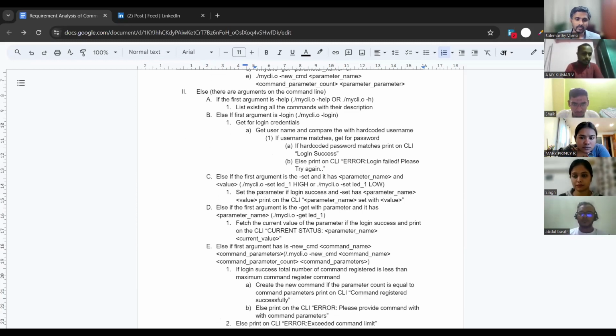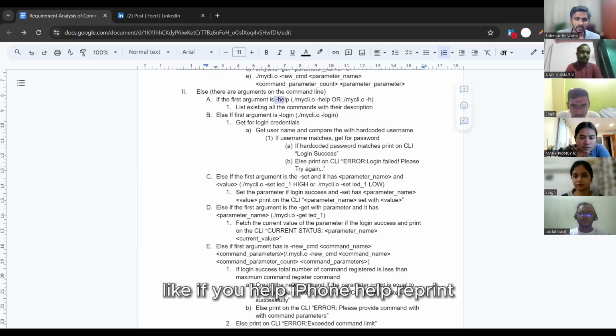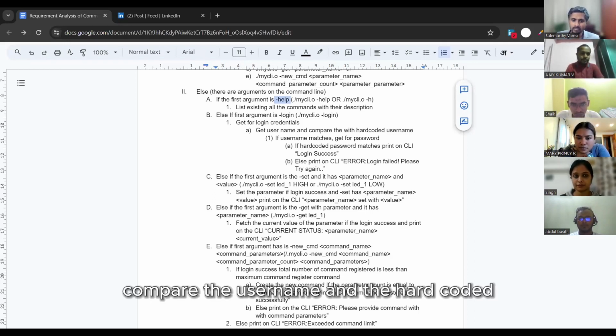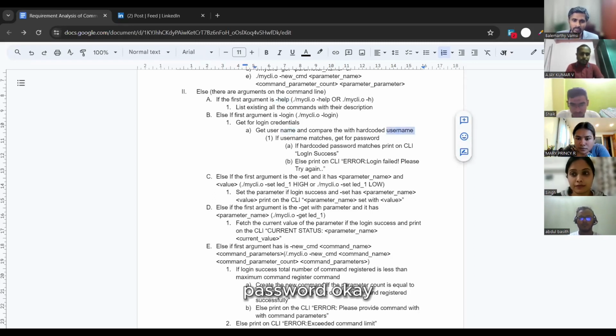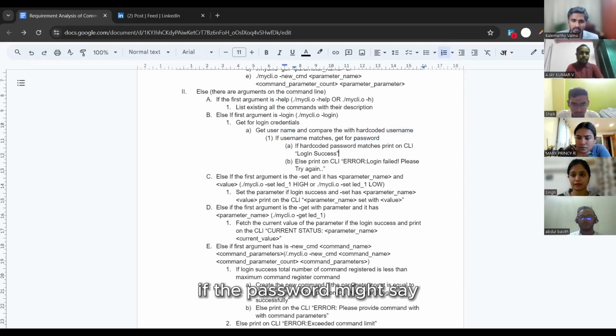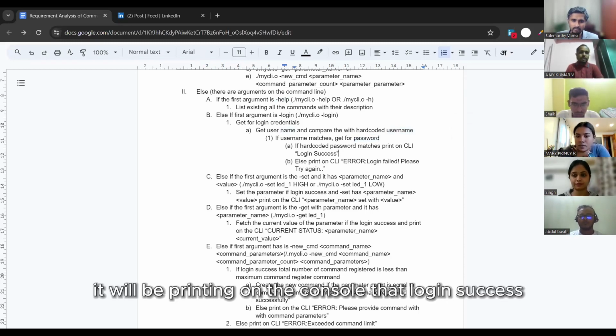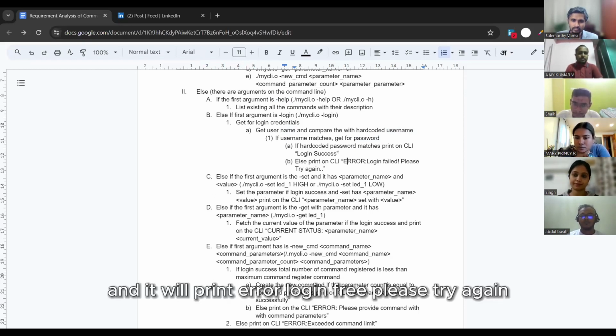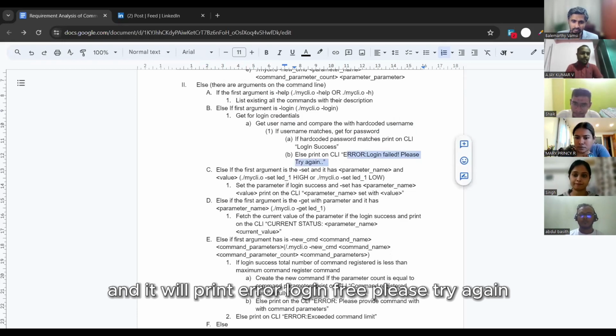If we have hyphen help, it will print with this description, and for login it will compare the username and the hard-coded password. Okay. If the password matches, it will print on the console that login success. Else it will print error, login failed, please try again.